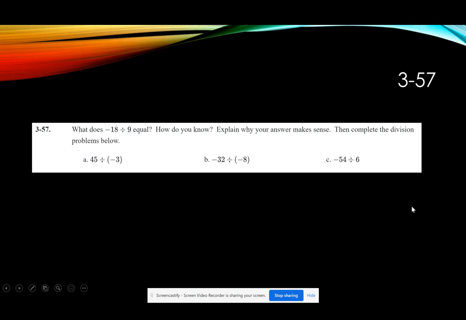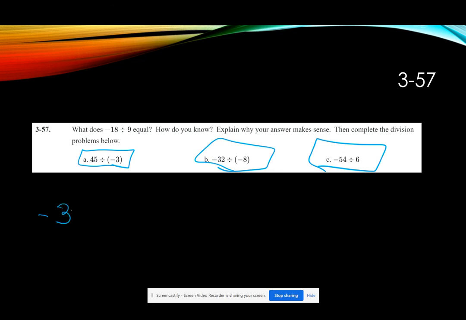357. What does -18 divided by 9 equal? How do you know? Explain why your answer makes sense, and then complete the division problems below. All right. So we can think about this in terms of fact families. In other words, if I'm looking at 45 divided by 3, well, I could rewrite this as -3 multiplied by what